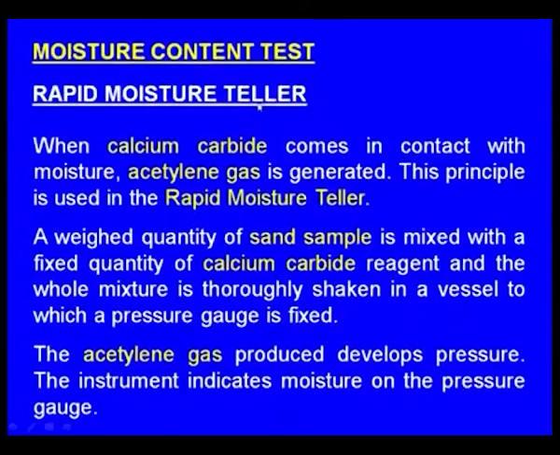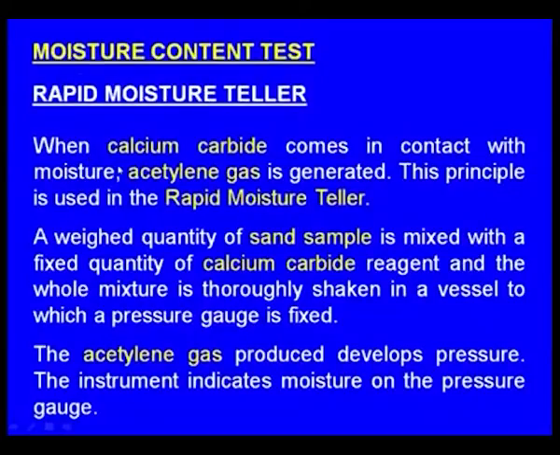So, this is the old and traditional method of finding the moisture in the green sand. Recently new techniques have been developed, that is the rapid moisture teller. With the infrared oven process, initially we need to weigh the sand, then put it inside the oven and heat it for about 2 to 3 minutes, again take it out and weigh, and then make some calculation. That way it takes about 10 minutes totally, whereas this rapid moisture teller tells us within a minute.